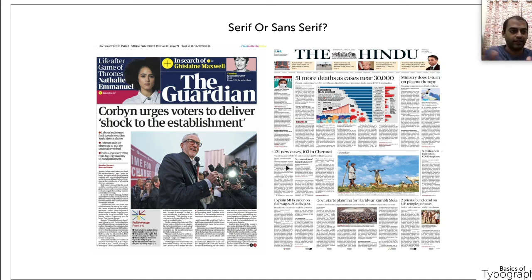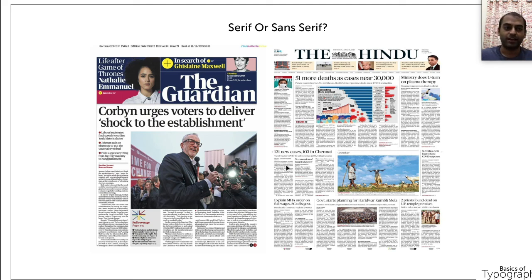So can we classify that serif font is used mostly in print mediums and sans serif font is used mostly in digital medium? Of course, seeing these two examples, that is the live case, but it is not actually the case. There are some top graphic design portfolios which are designed purely with serif font. Even portfolio websites are designed with serif font. So it is not the case. There is always a time for exploring. There is always a gap. There is always something to explore.